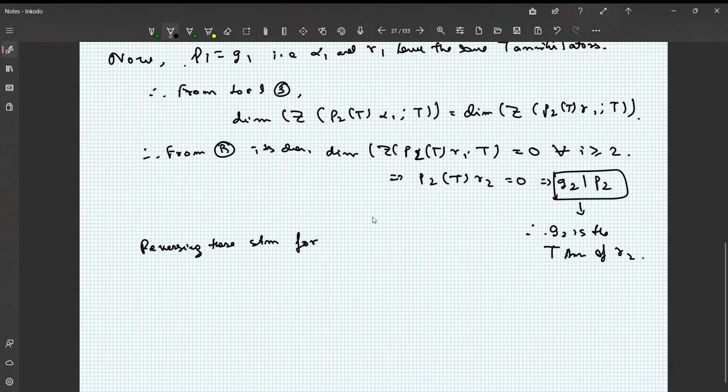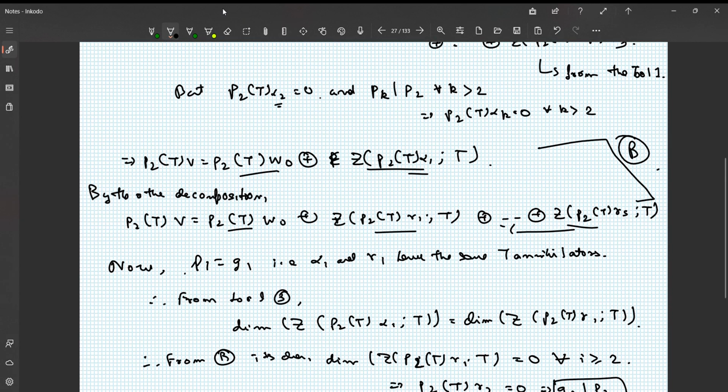Clear? But obviously we can reverse these statements, right? Reversing these statements for P2 in place of G2 and the vectors alpha i's in place of gamma i's, we get